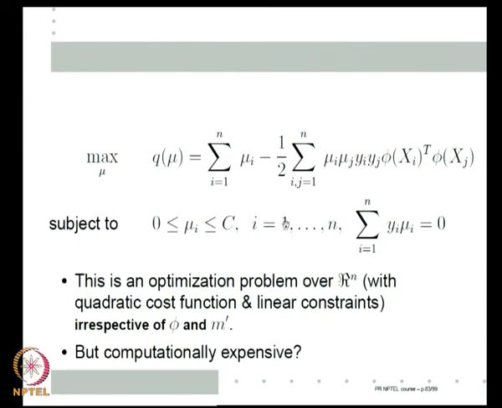Of course, still it can be expensive because I have to first transform each of the x's through phi xi, phi might be a difficult transformation, and in that high dimensional space, maybe 10,000 dimensional space or 1,000,000 dimensional space, I have to calculate the inner products. But I do it only once and then solve for mu. Is that all? No. What do I do with the mu's? I have to use my W star.